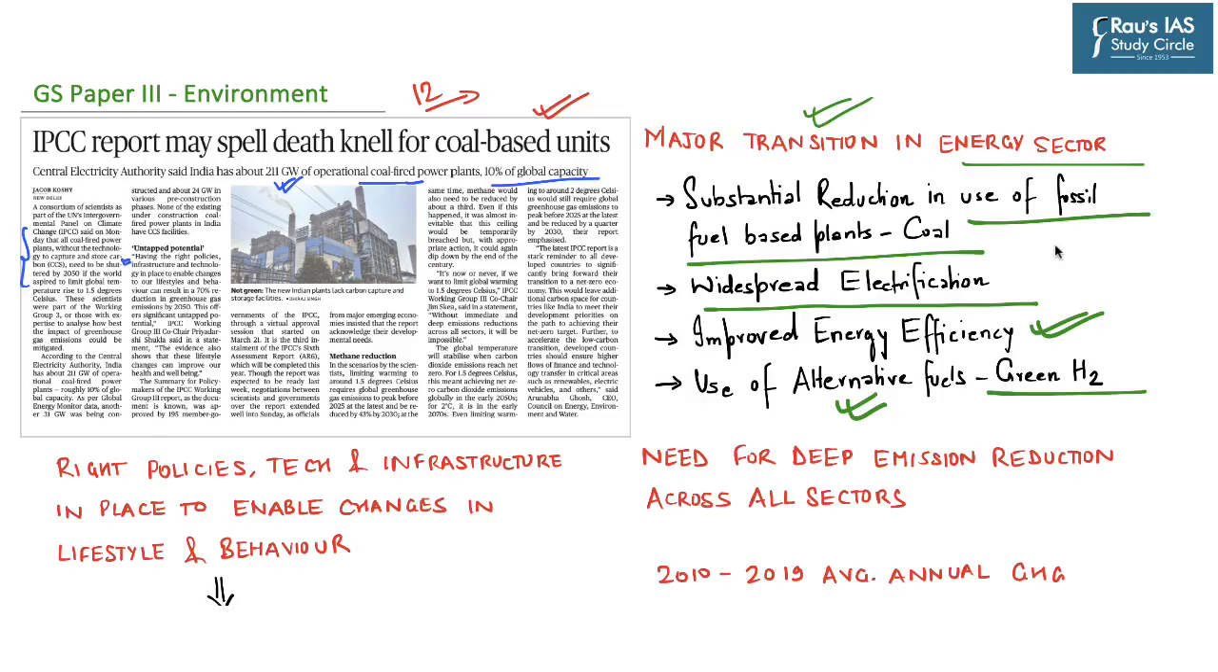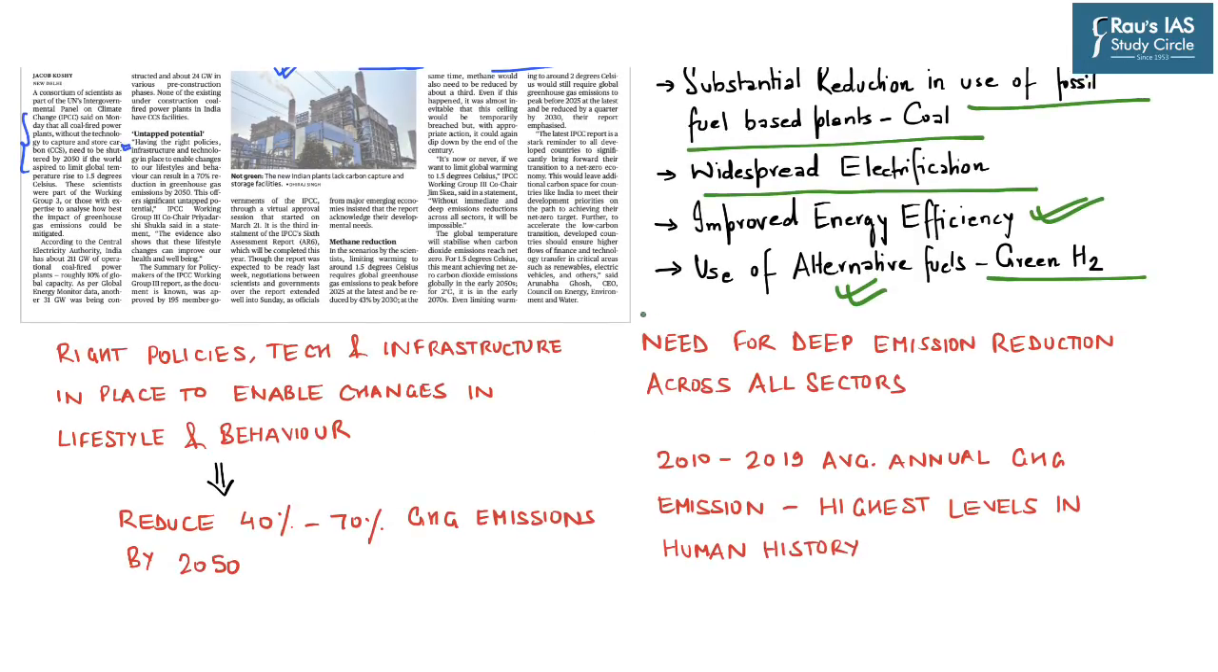So with respect to limiting greenhouse gas emission, the IPCC in its report has suggested that there is a need for major transition in the energy sector across the world. However, the problem with respect to India is that most of the plants in India are coal-fired power plants. Further, the IPCC report has also stated that there is a need for deep emission reduction across all sectors. Between the years 2010 and 2019, average annual greenhouse gas emission has been at the highest levels in human